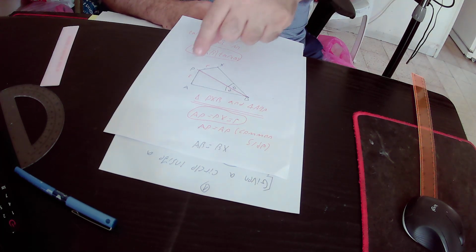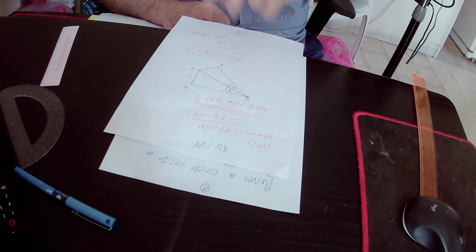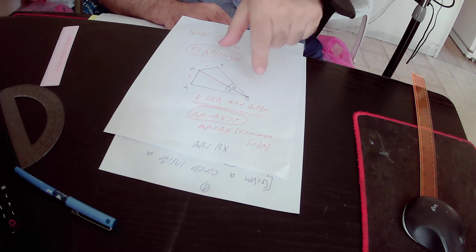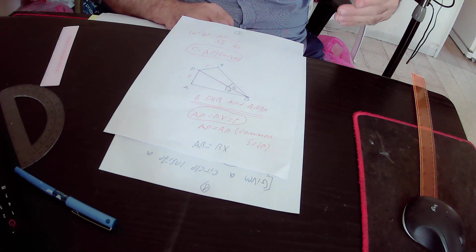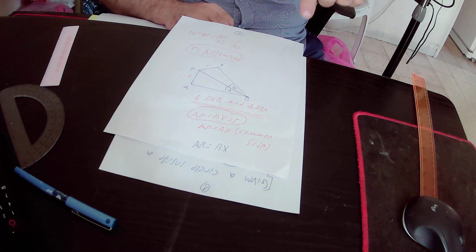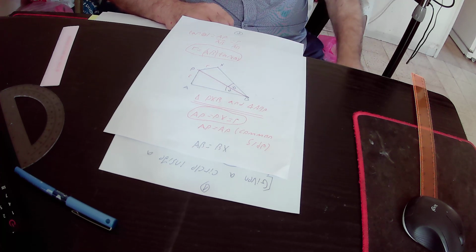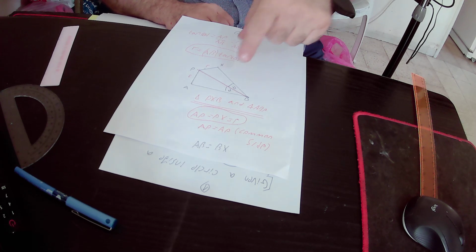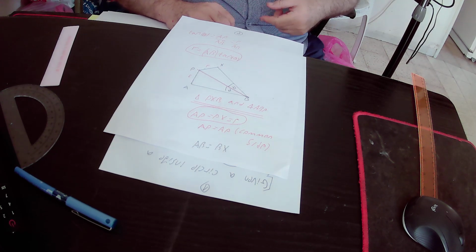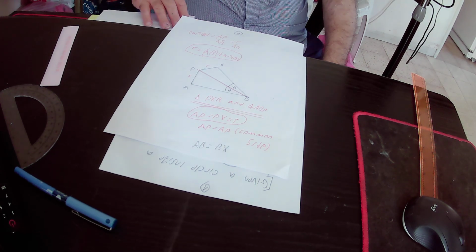Actually, PX equals AP. Both those two sides are the radii of the small circle. PB equals PB. It is a common side. It belongs to both triangles. And AB equals BX according to